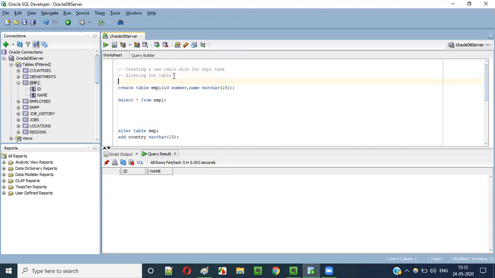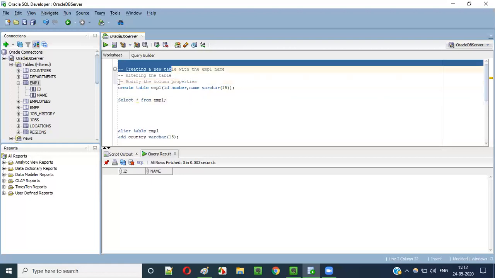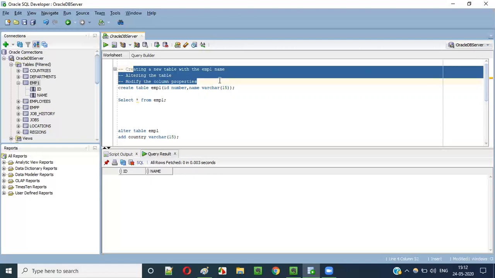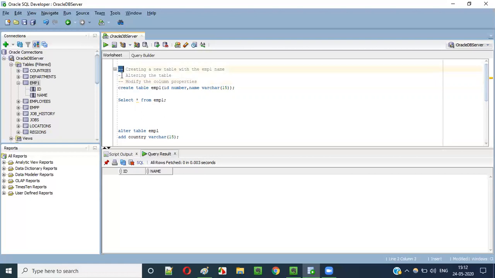Again, some other line: modify the column properties, something like this. I'm just trying to write more lines of comments, but for every line you have to add the double hyphen. Here three lines of comments are there. To overcome that, you don't have to provide the double hyphen multiple times.